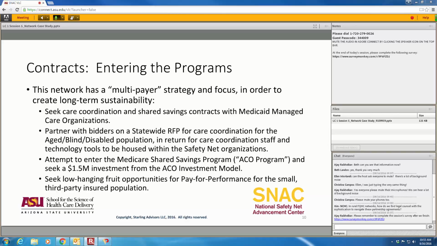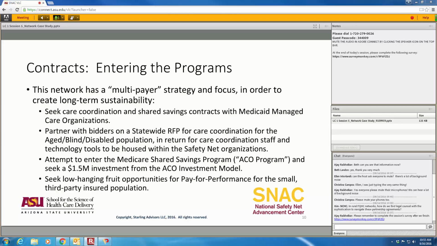They entered the Medicare Shared Savings Program, the ACO program, when that ACO investment model was available, and actually sought and received a $1.5 million investment in that. And then also approached the very small third-party or commercially insured population. They approached those plans really just looking for whatever limited upside they could get in those contracts through pay for performance. But in essence, they had a strategy really focused on each of the four major insurance payer mix that they served,